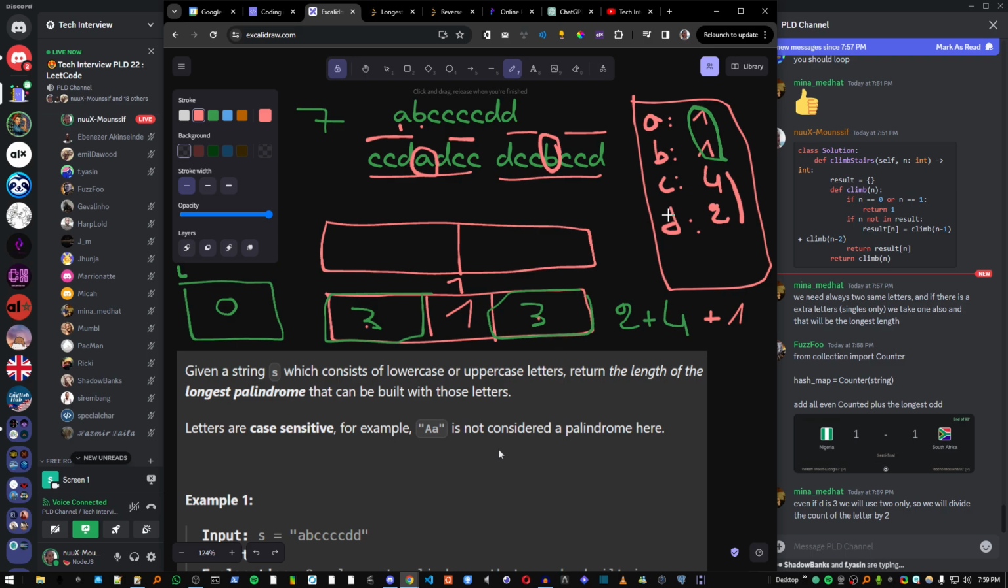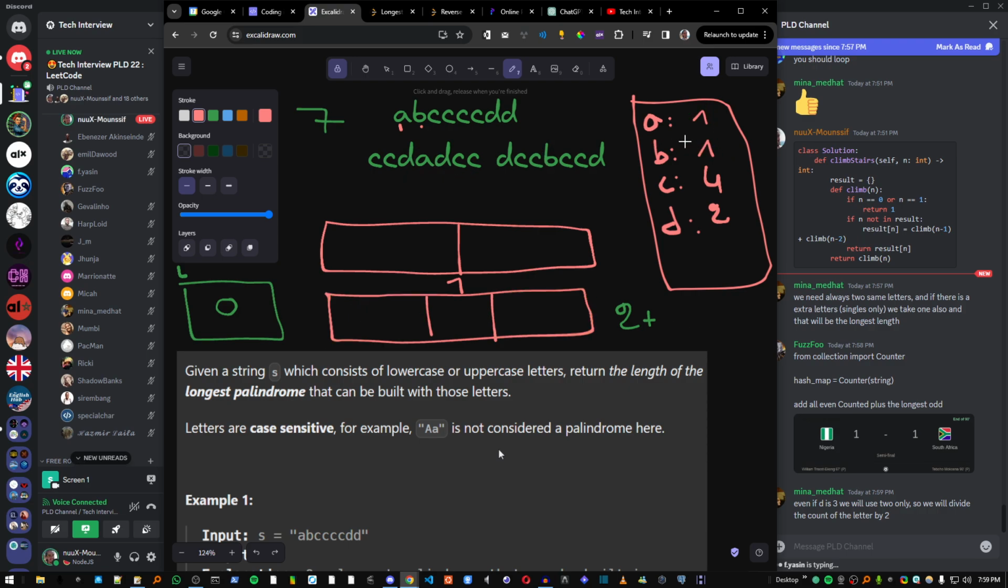Now to clarify some more, let's change b to number 3 so it's more clear. Let's say this is 3. Now what we're gonna do is, 2 is an even number, right? So add it directly. 4 is an even number, so add it directly. 3 is not an even number,